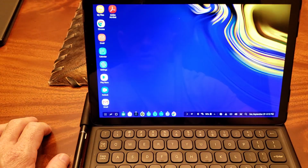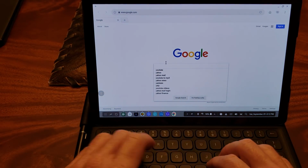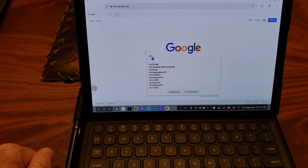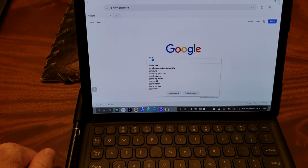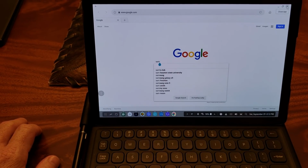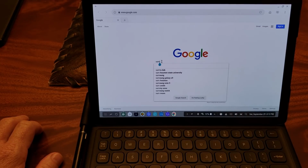But when I go back to Samsung Internet and type in anything, let's type in Samsung, it will not go into the normal search box. I don't know what that is. To me, I think there's some sort of issue with the actual app itself. This is something they're going to need to update, because I was trying to figure out why it will not. If I try to backspace out of it,